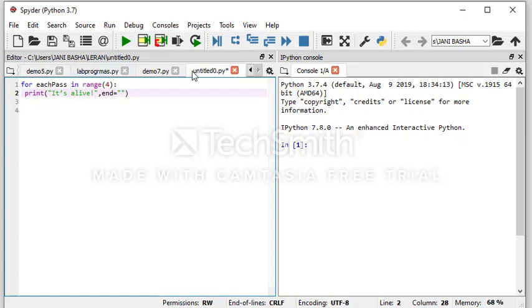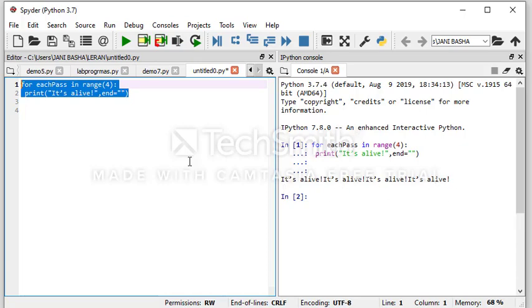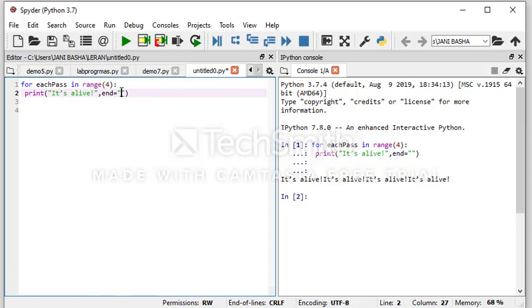Now when you try to execute this, it is printed. Now we have successfully checked. So what I'm doing is I want to print 10 times instead of 4 times, and here I'll give a comma.